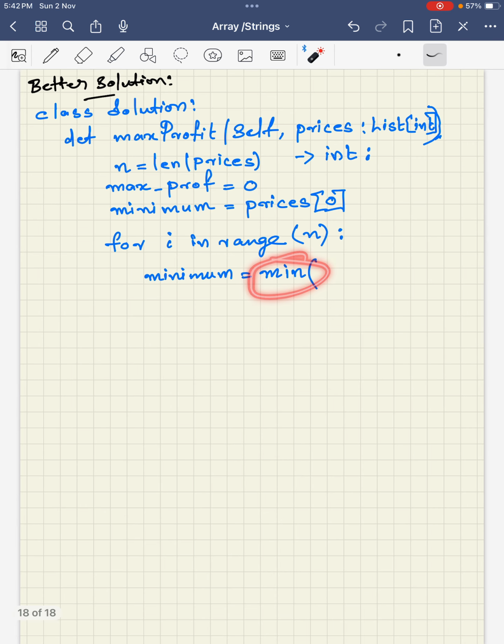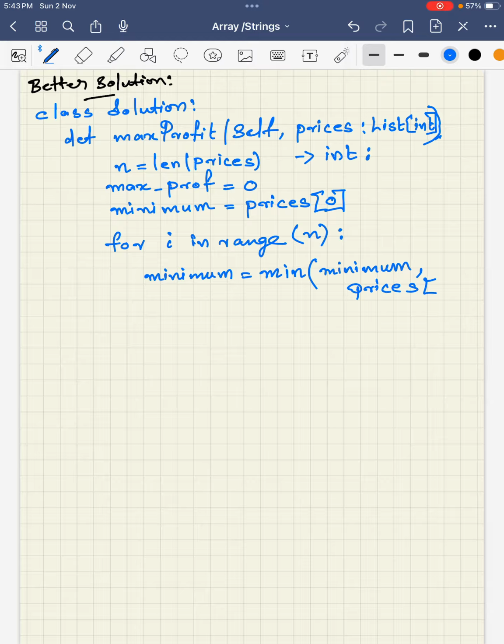Min is also an inbuilt function that finds the minimum among a pair or sometimes more numbers. So what is the minimum among the already existing minimum value or the price at that particular instance,